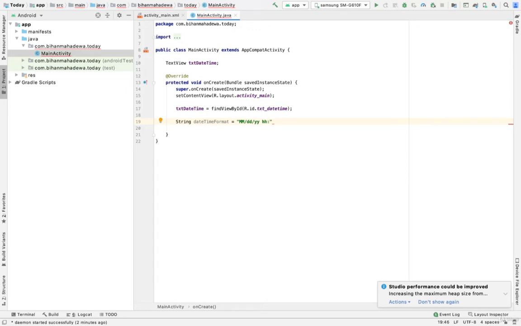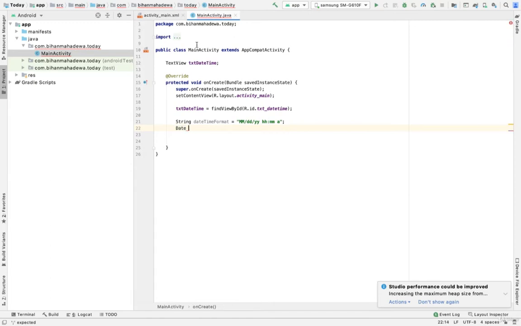So let me explain what is here. This string variable has, first, it is going to display the month, and then it displays the date, and it displays the year, and then it displays the hour, the minute, and then this a means am or pm. So this is a format that we have created. So how can we give this format and then show this on the display? It is by getting something from the Java date library,